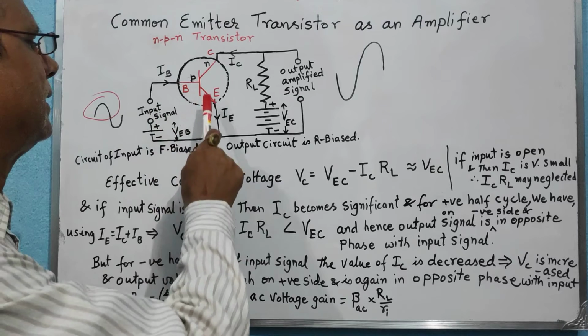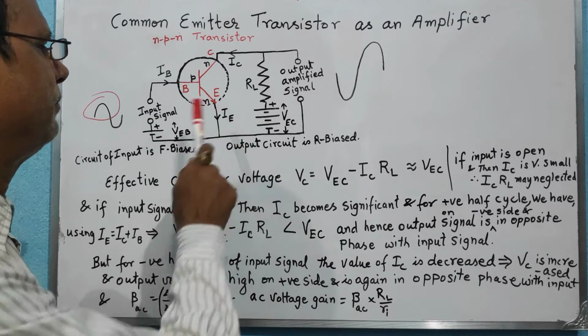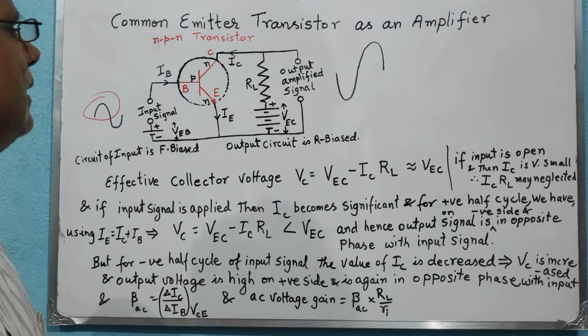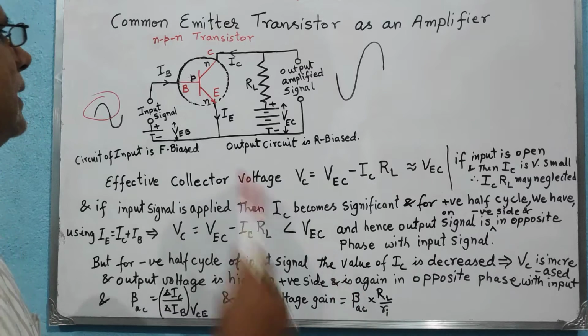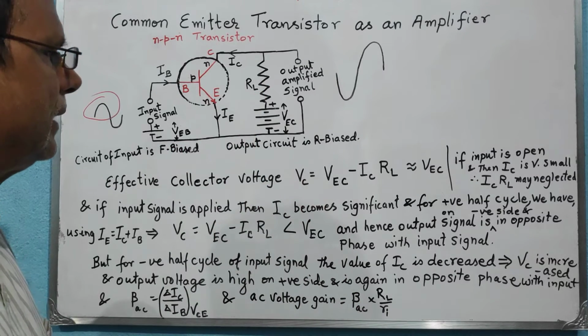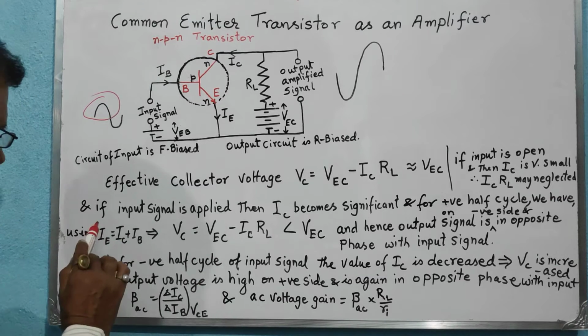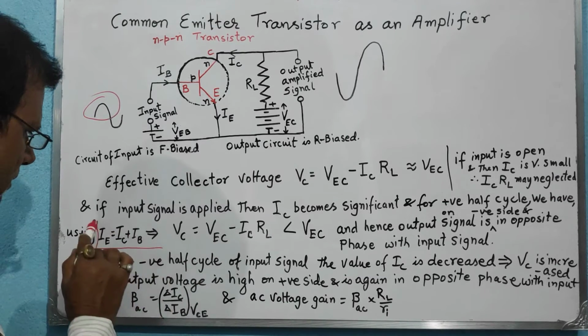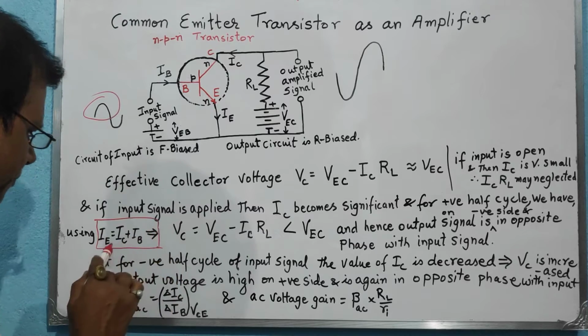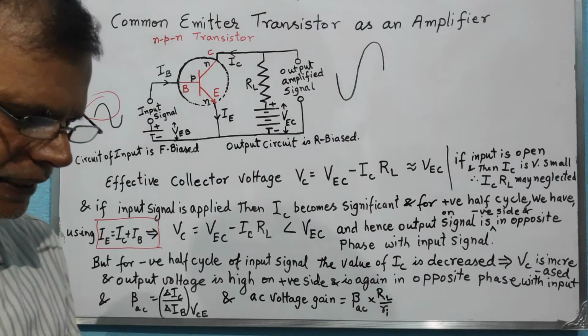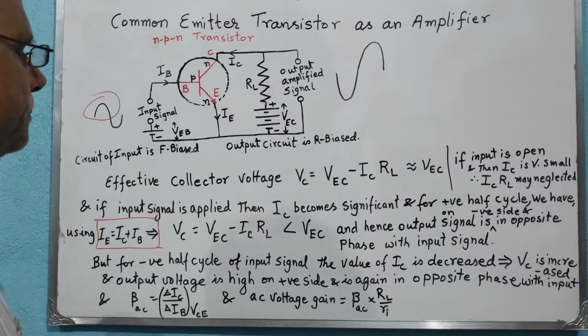As a result the emitter current IE becomes very large, and if that is large, the collector current will also be very large, because we have the relation emitter current is equal to collector current plus base current, and therefore